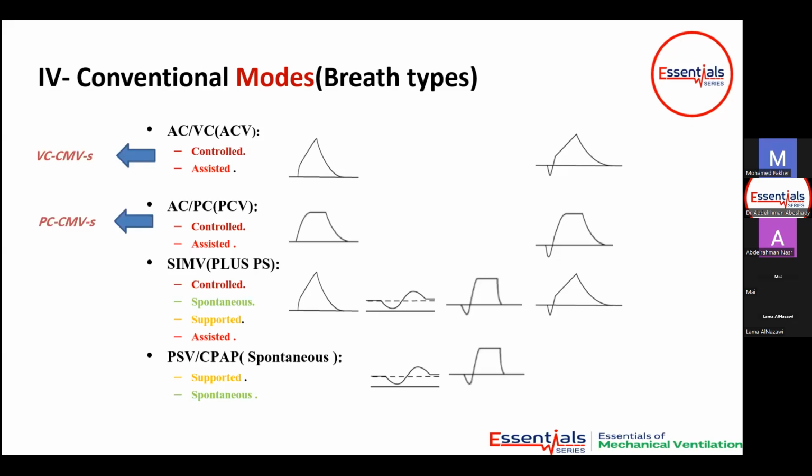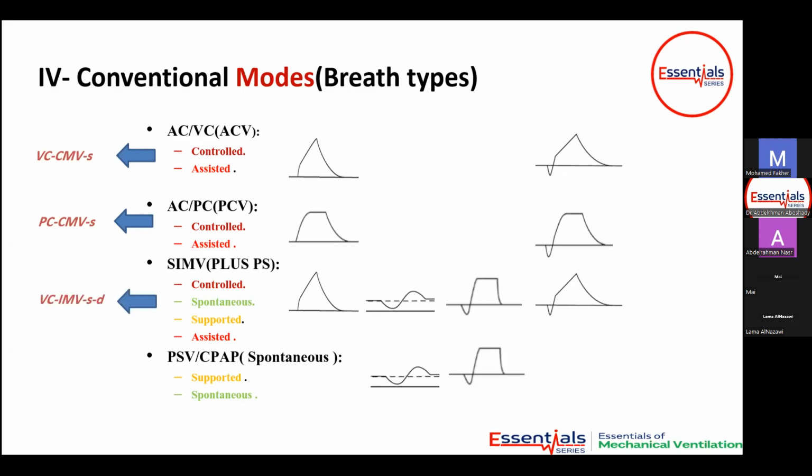The PCV mode, the regular PCV mode, is called the pressure control because you control the inspiratory pressure. CMV because it gives only controlled or assisted breath. Set point also in most types, because you set the pressure and the time of inspiration and the rise time by number on the